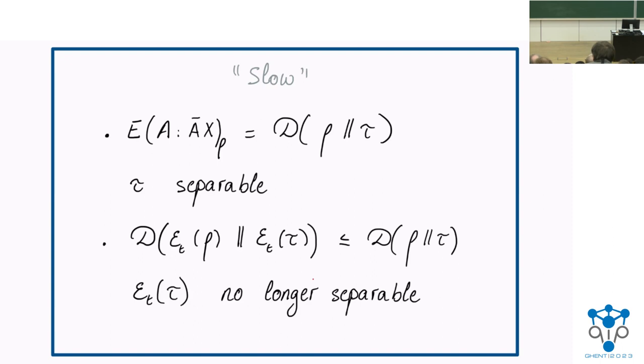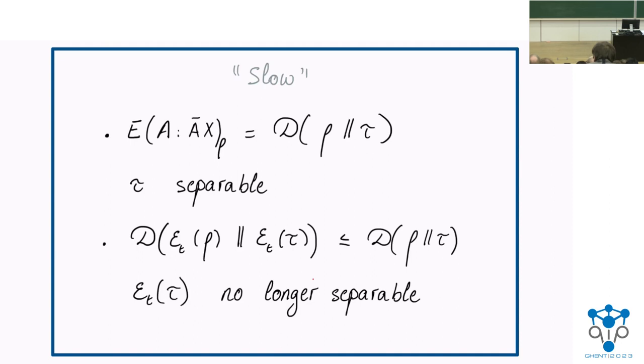And so we might be tempted to note that, well, if we apply one step in the circuit to both states, then the relative entropy of entanglement indeed does decrease. It is more than what you had before. And so you should end up with a relative entropy of entanglement that decreases. The problem is that the state you end up with here, so tau after you apply a step in the circuit, is no longer separable. So here you do need the state to be separable, and here you don't have that.